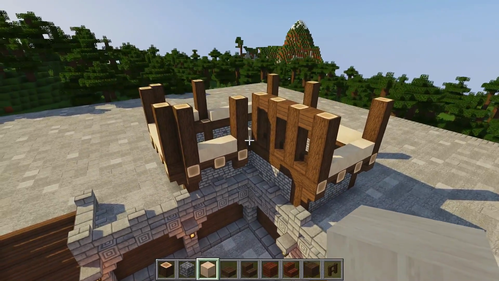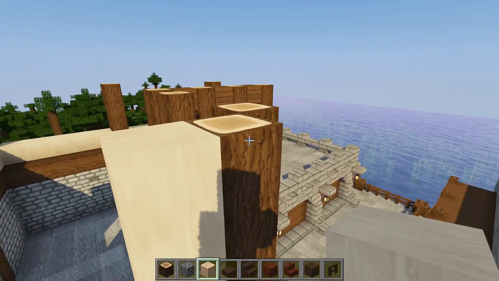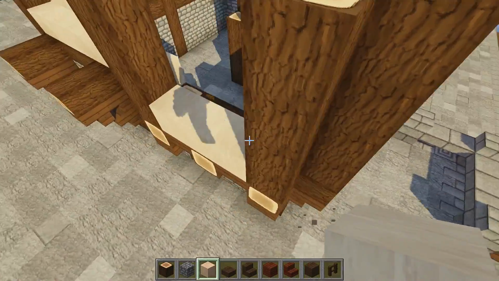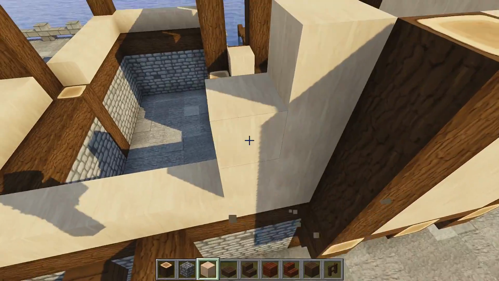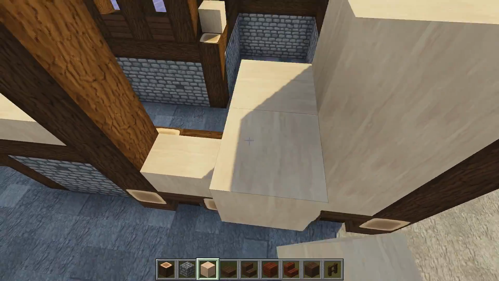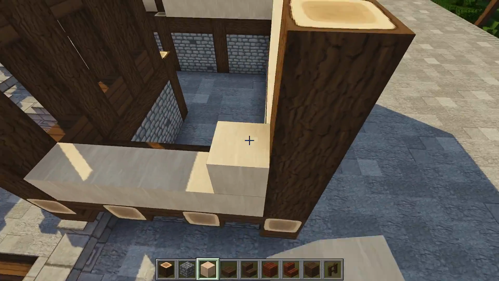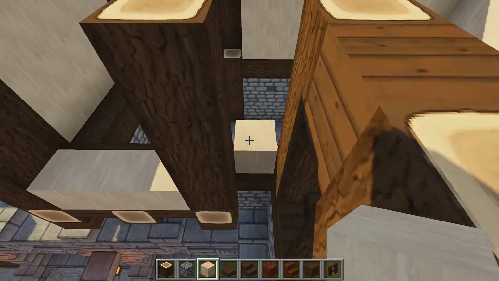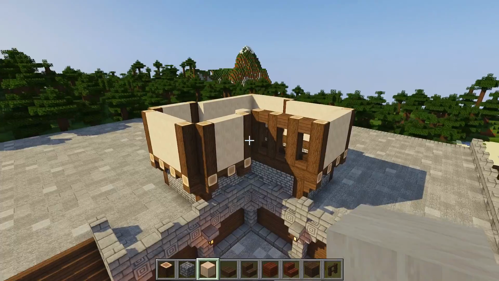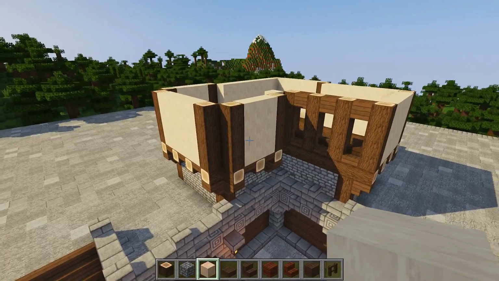Just like this. Okay. Now we're going to go ahead and raise these by another 3 blocks. So 1, 2, 3. Bringing them level with the tops of these pillars. And go ahead and do that all the way around. Okay, once you're done, you should have something that looks a bit like this. And we're going to leave the windows for the moment, guys. We'll go ahead and we'll cut all the windows and stuff out once we've got all of the roof